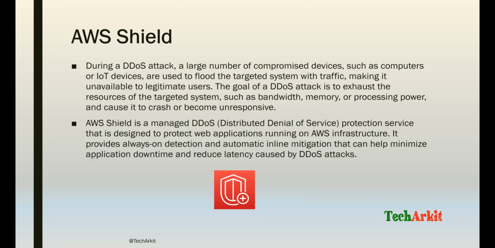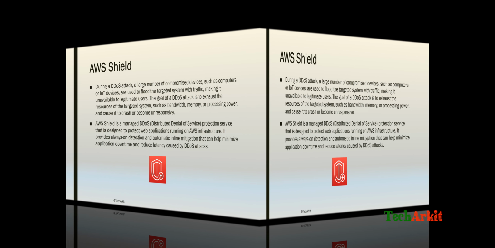For example, if you have an e-commerce site that handles a large number of transactions per minute, it can be a prime target for DDoS attacks. With AWS Shield, the site can be protected from common and frequently occurring DDoS attacks, such as volumetric attacks or SYN floods. That way AWS Shield can provide you DDoS attack protection from other websites or bots. So let's see